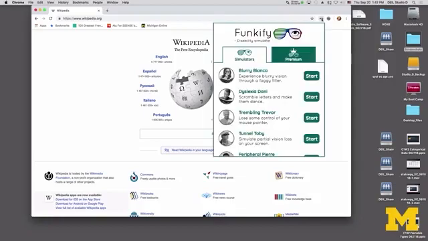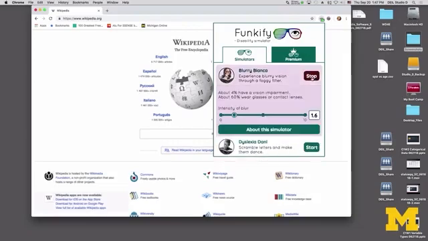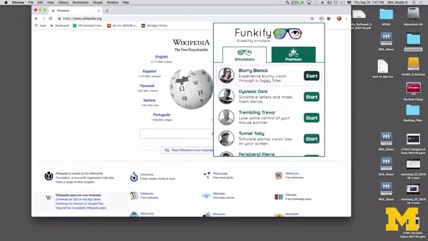How Funkify works is it lets you take on different personas to try to see what the site would look like for different people. So for instance, if I were to turn on Blurry Bianca, you basically get to experience this page as if you had blurry vision. You can even change the intensity of the blurriness, if that's a word, to have it go from pretty low to pretty high. There's dyslexia,